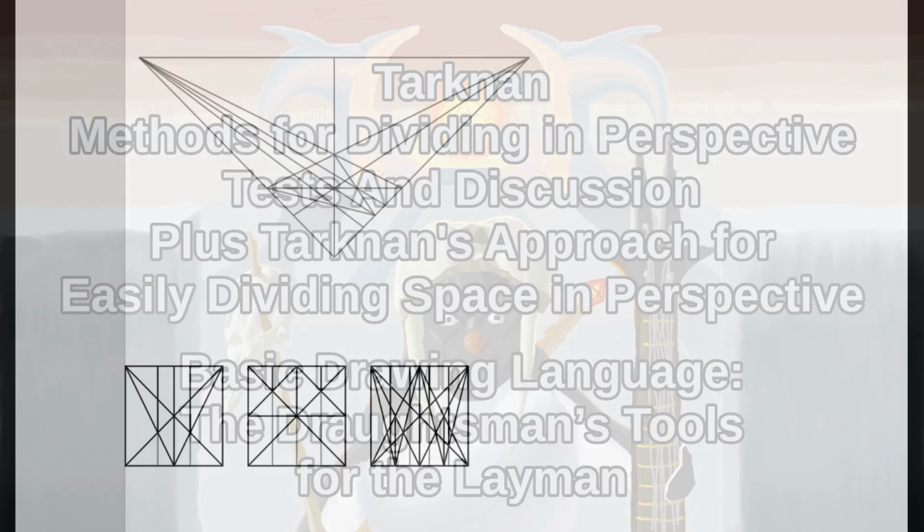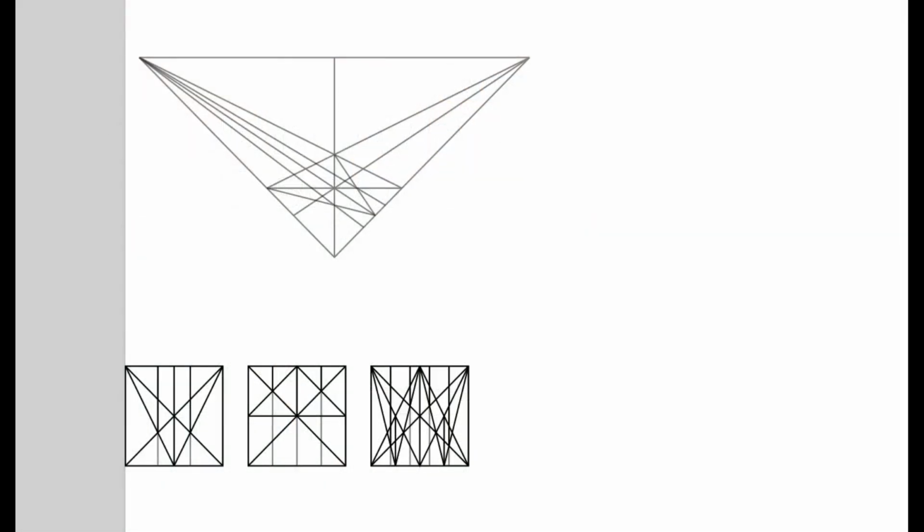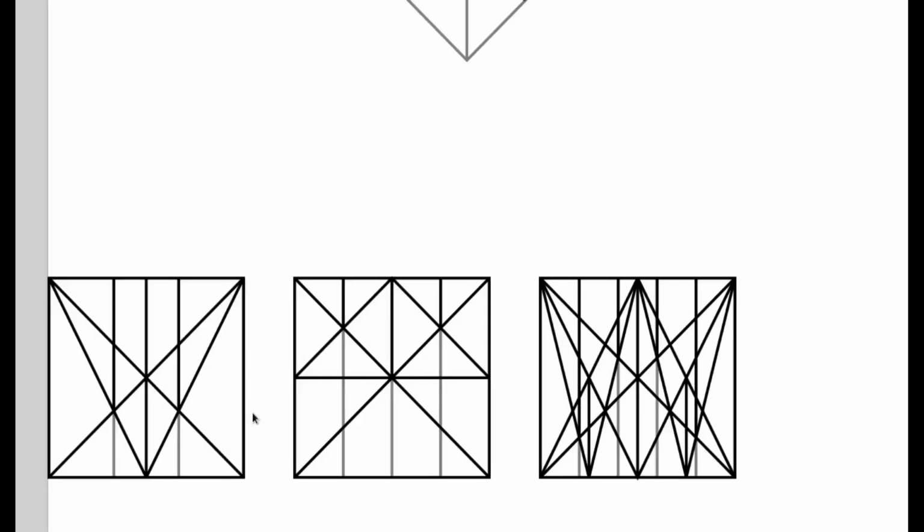I wanted to put this video together for the purpose of discussing and exploring dividing space in perspective, mainly in 2-point and 3-point. These three squares at the bottom left are going to be used as a standard, using these geometric solutions to find the divisions. First on the left being 3 even spaces, the middle one being 4 equal spaces, and the last one being